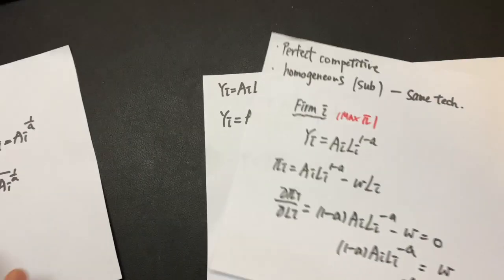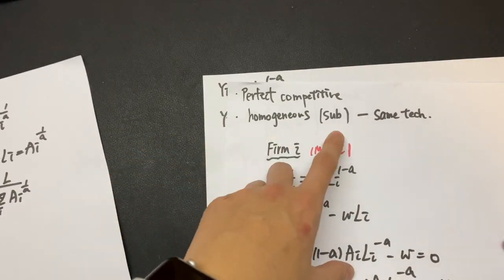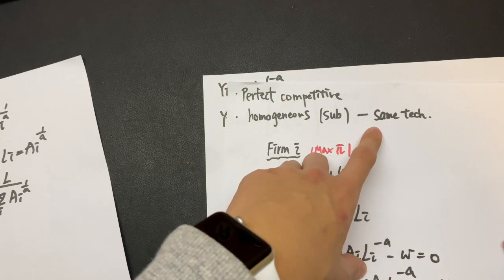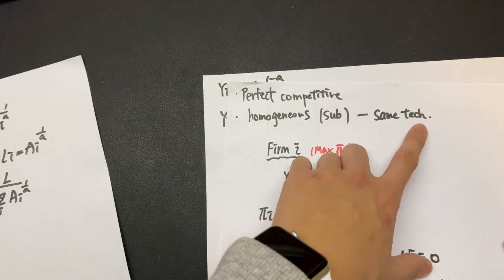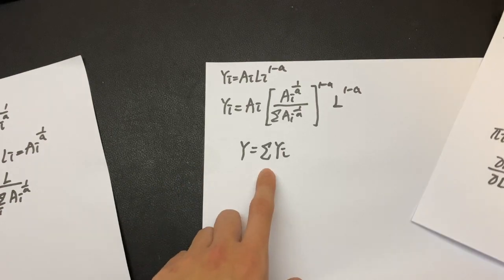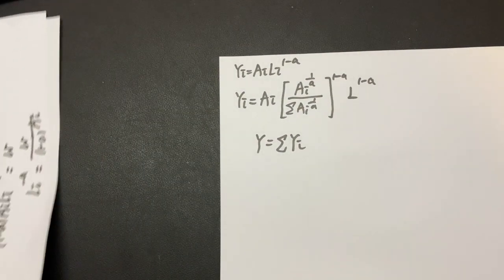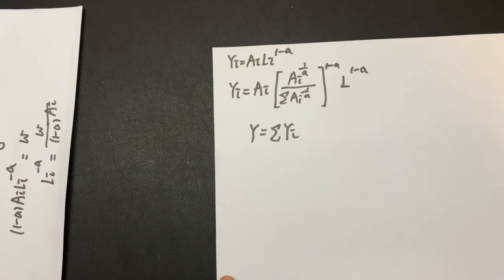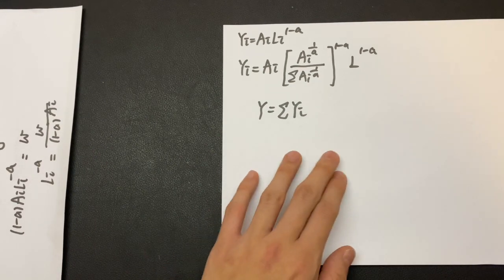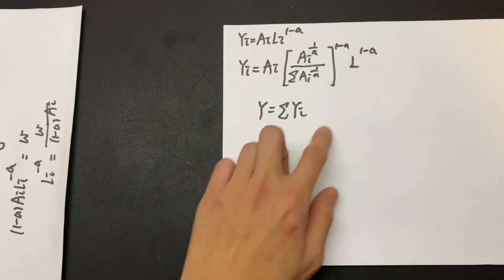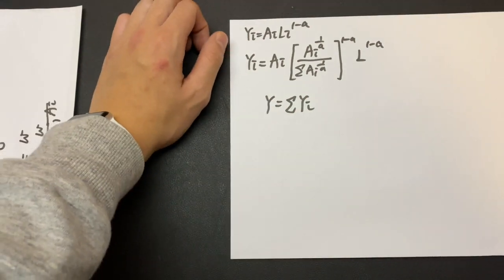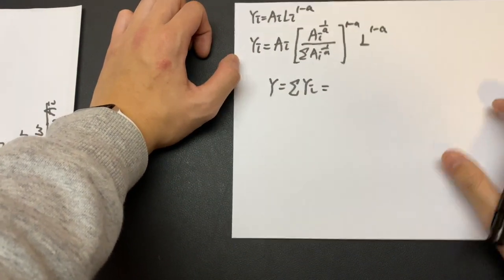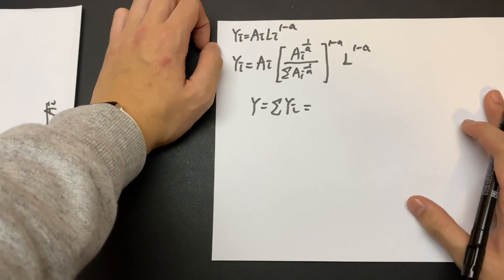Say, if we have heterogeneous products, which means every firm adopts different technologies, then this simple aggregator doesn't work anymore. So this is only a very simple case for illustration purposes. But anyway, we can now use this aggregator. Then Y, the total output in this economy, equals